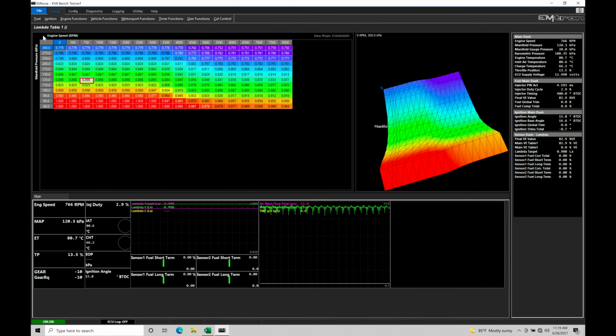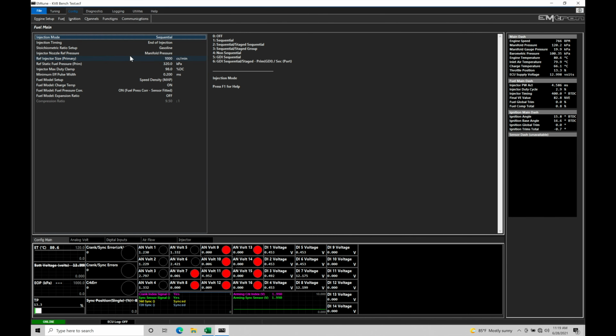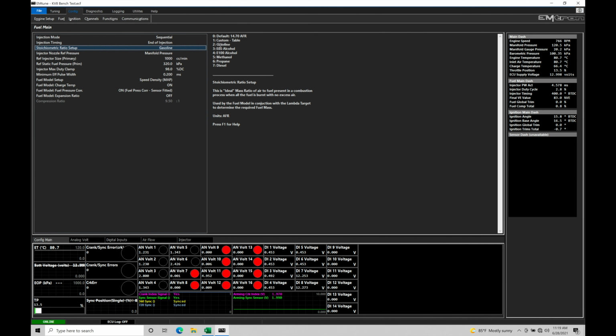If we jump back to tuning, in our target lambda table there's a direct relationship between lambda and the stoich ratio scale of the fuel that we've selected. So when we select this option here, whatever kind of fuel we're dealing with, we're essentially telling the Emtron